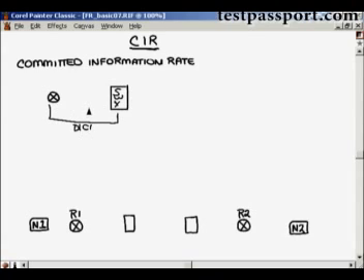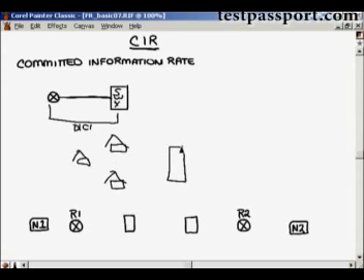Alright, now what is the committed information rate? It's the guaranteed minimum bandwidth at any given time that will be supported between these 2 points. Let me give you an analogy to try to help explain this. Let's say that I have a neighborhood here with 3 homes. And that neighborhood is serviced by a central office, or a dial central office from the telephone company for its telephone connection. So each one has cabling to the home, and they can support 1 phone call at a time on their 1 telephone cable. We will define these 3 units as